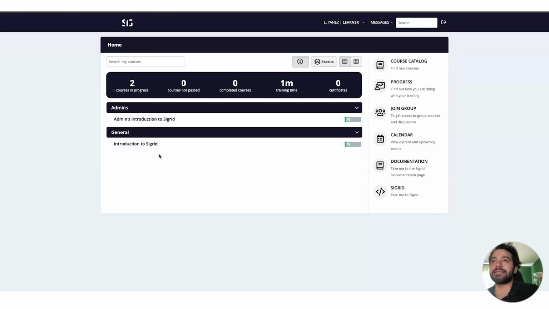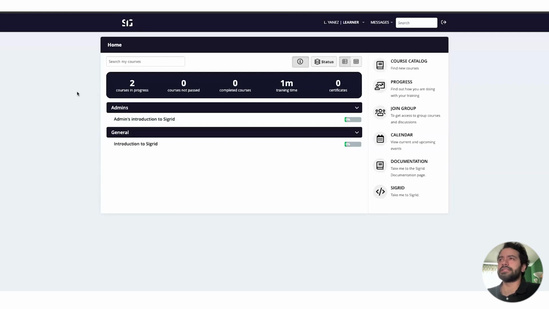The content is in line with everything from the documentation, and just in case you want to see what the documentation has to say on a particular topic, you can, of course, on the right-hand side menu, travel to the documentation, just as you did through Sigrid. You also have the possibility of going from the Academy directly to the documentation, as well as returning to Sigrid.